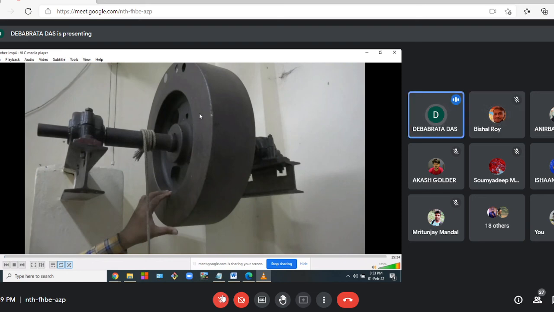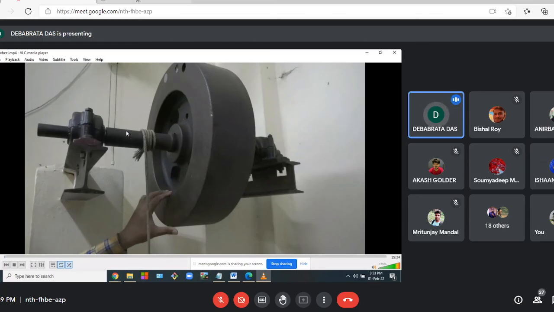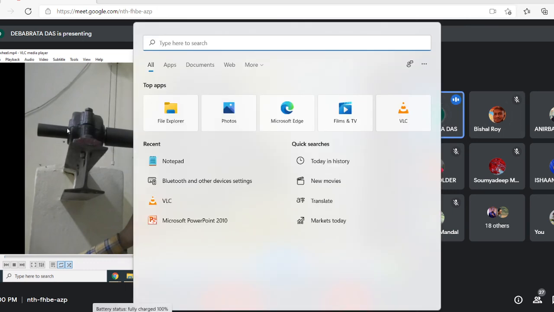This flywheel is a separate device. It is connected through these keyholes. Through this key, it is mounted on the shaft. Once you remove the key and remove this entire system from the bearing, then this flywheel can be taken out from the shaft. And then there is a step down. This shaft is to be mounted.